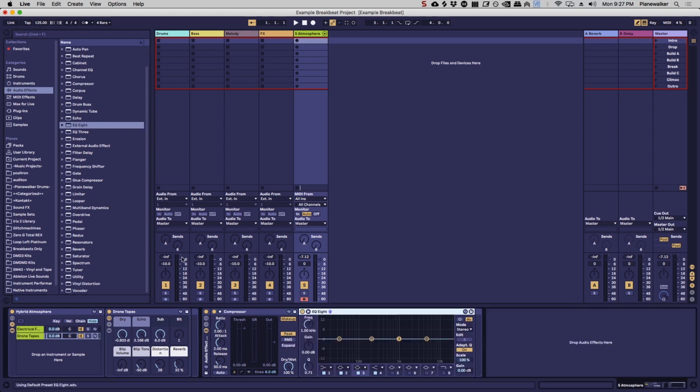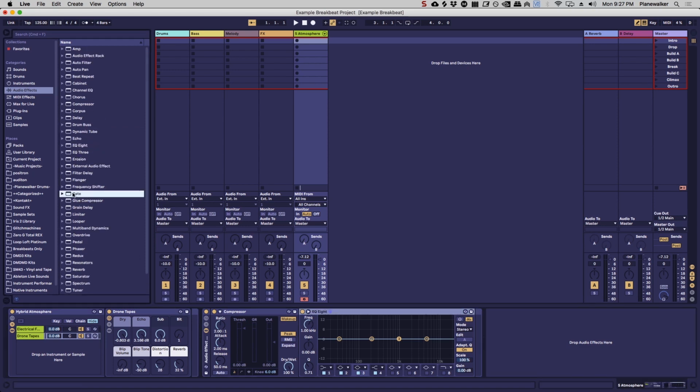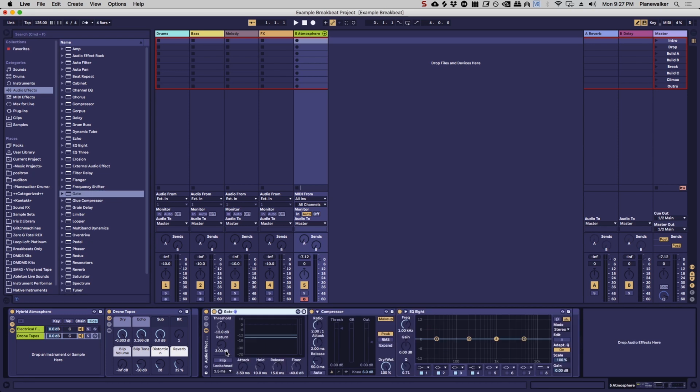And then you might even put a gate before the compressor, just so that you can level out the silence. And most tracks that you make, you're probably going to be cutting out a lot of the low end unless it's actually a bass track. So you might just go ahead and set this up from the beginning to cut off everything below 200 hertz or so,